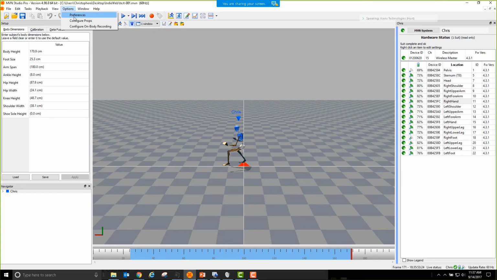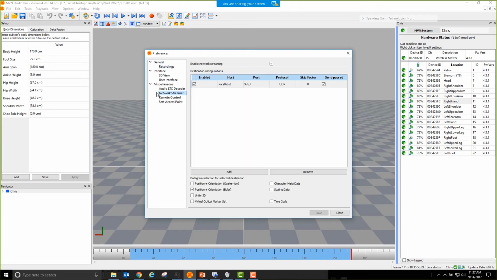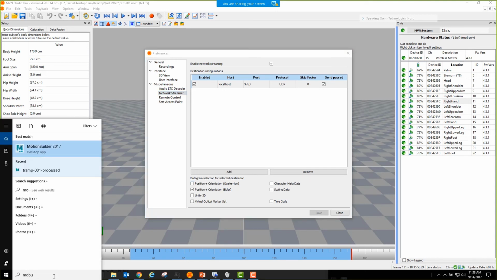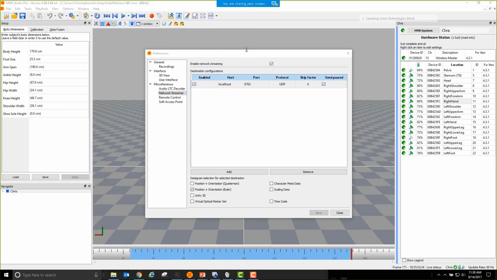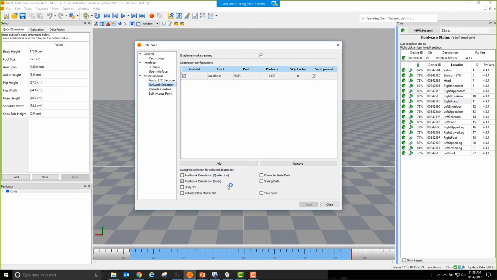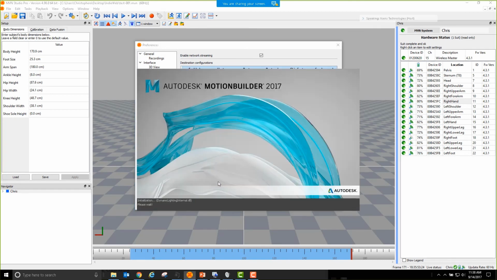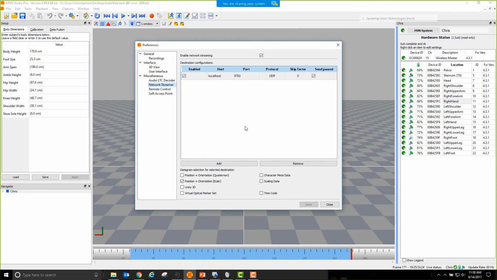There's also the online workflow, which would be to stream the information to one of those third-party softwares. So if I actually wanted to stream this information over to Motion Builder, and this process is the same for Unity or Unreal or Maya. I'm just going to show Motion Builder because it's what I'm most familiar with. You can stream over a network. So if I was in an office here in LA and I had a shared network with somebody over in New York, I could put that computer where I'm streaming